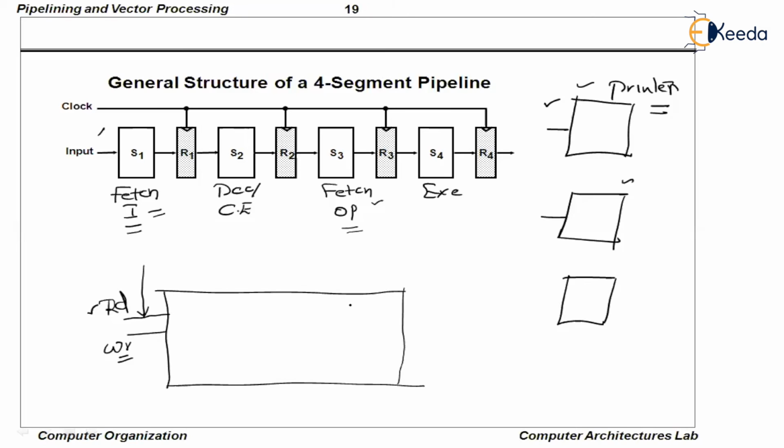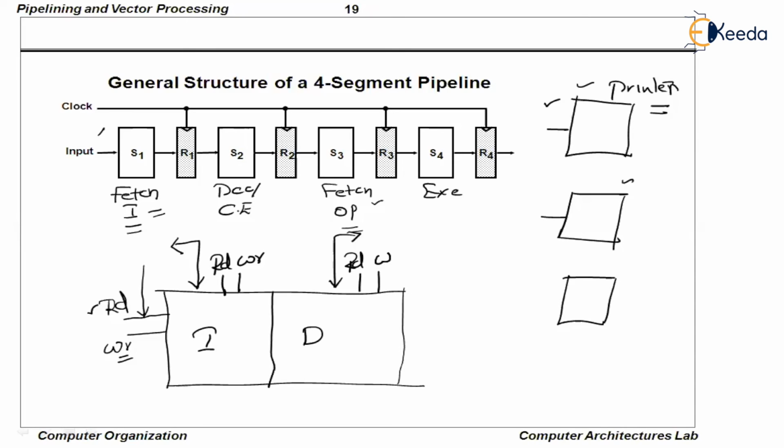It is very simple if you can understand. You know that there are two parts in memory. One is the instruction part, one more is the data part. Obviously, segment 1, fetch the instruction, requires data to be fetched from instruction memory. Obviously, the fetch the operand segment requires data to be fetched from data memory. Instructions will be fetched from the instruction memory, data will be fetched from the data memory. So here, being a pipeline designer, what you can do is, you can embed separate read and write pins for instruction memory and data memory.